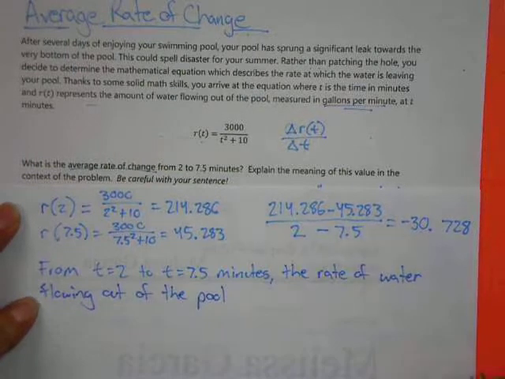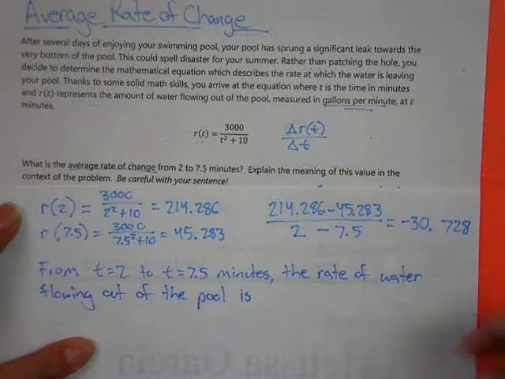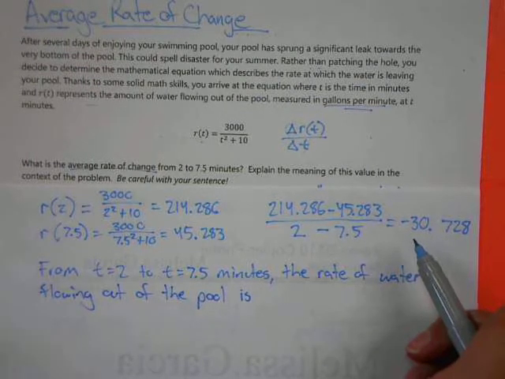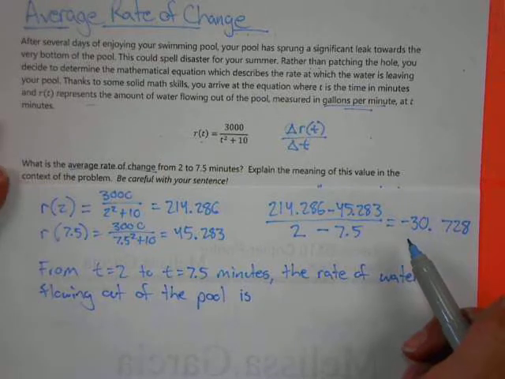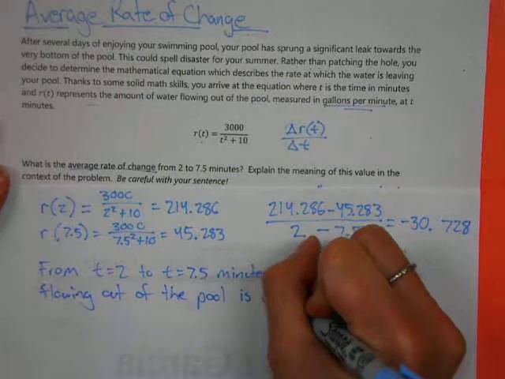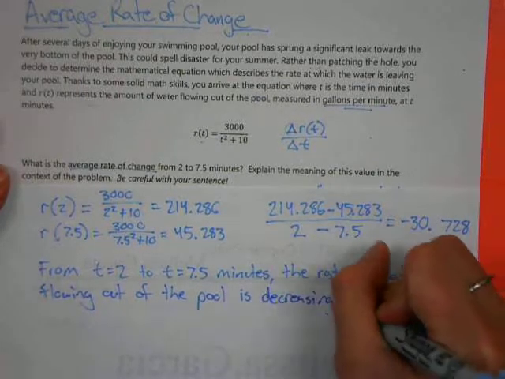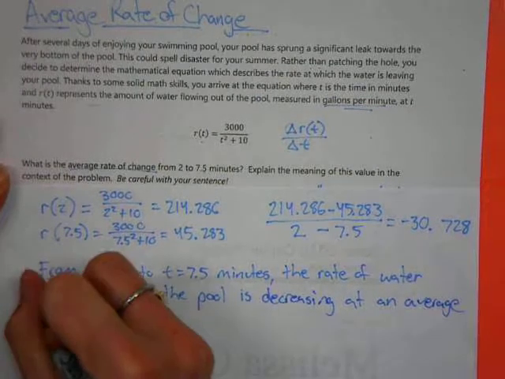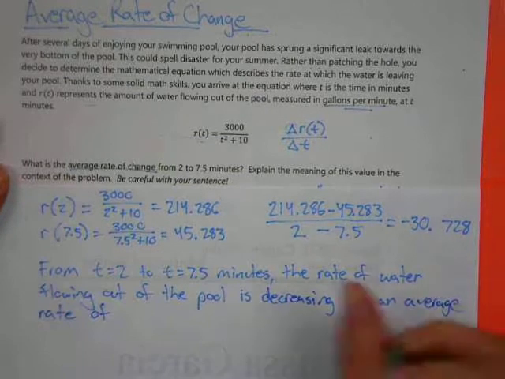Then remember our negative or positive is indicating for us whether this is an increasing or decreasing rate right here. And since it's negative, we're going to say that it is decreasing at an average rate of,